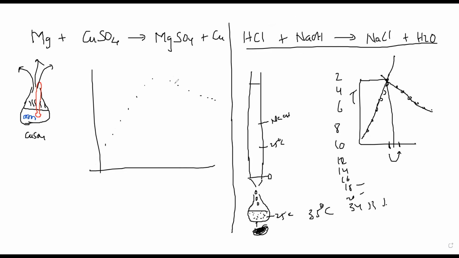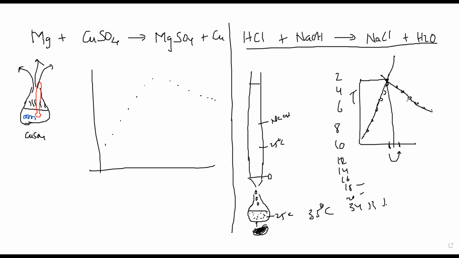Now tell me, why is the temperature falling here? Because the reaction's over, now the cooling is happening. Anything hot will become cold if you just keep it like that. Like you have a hot cup of coffee. If you just keep it outside, will it remain hot forever? No. It will become cool, right? So it is losing the heat to the surrounding. It is because of that, because now the reaction is over. So after the reaction is over, the temperature will start to decrease.